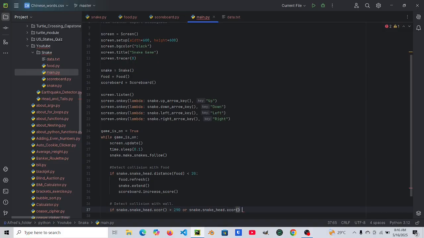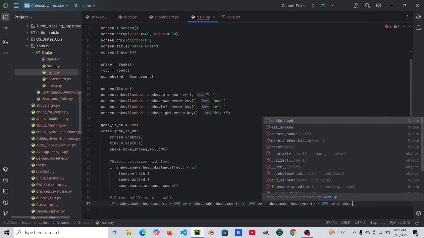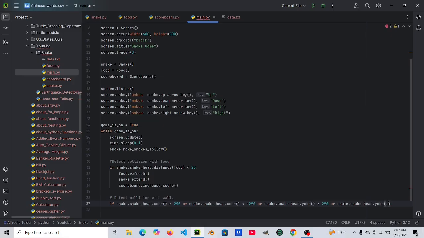Let's say xcor is more than 290, or xcor is less than minus 290, or snake.snakehead.ycor is 290, or the snakehead.ycor is minus 290, then